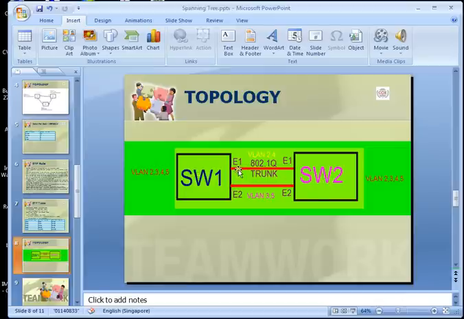So in this case, let's say the connection from switch 1 to switch 2 has two Ethernet connections. With per VLAN spanning tree, we can define that, let's say we have VLAN 2, 3, 4, 5. We can define VLAN 2 and 4 to choose this one, the upper one, and then VLAN 3 and 5 to choose the lower link. And in case one of the links goes down, the traffic can still go over the other link.